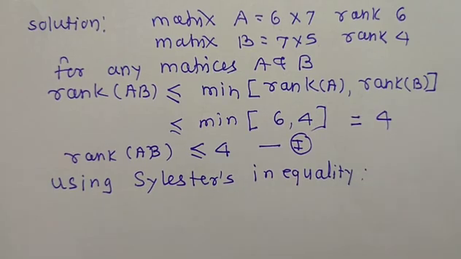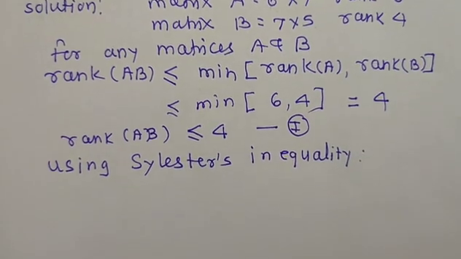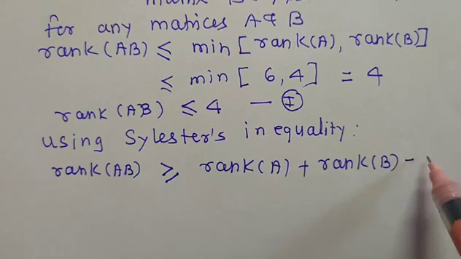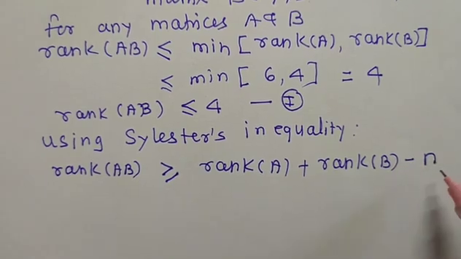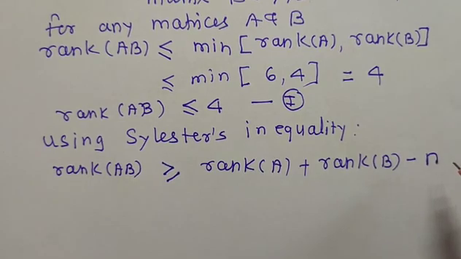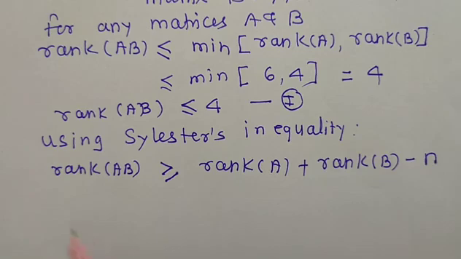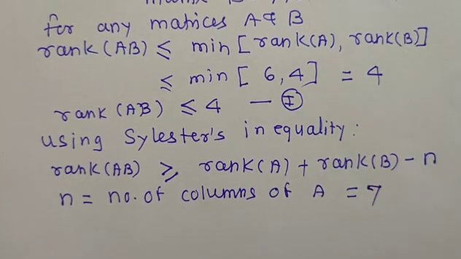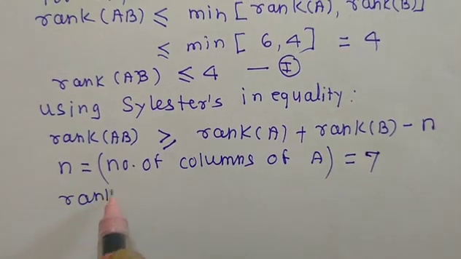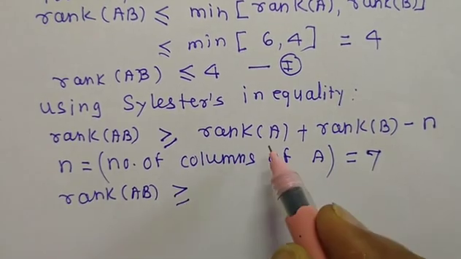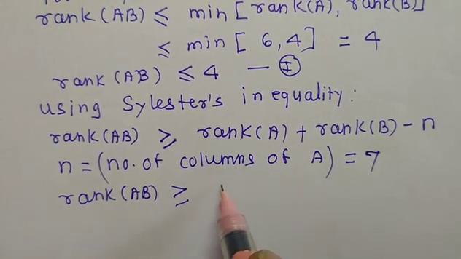By using Sylvester's inequality, rank of AB minus n, where n is the number of columns of A, and that is equal to 7. So n is equal to 7. Okay. Rank AB is greater than or equal to rank of A, which is